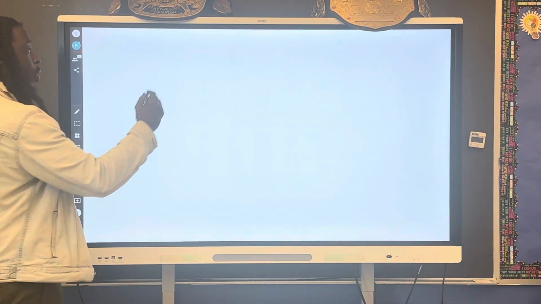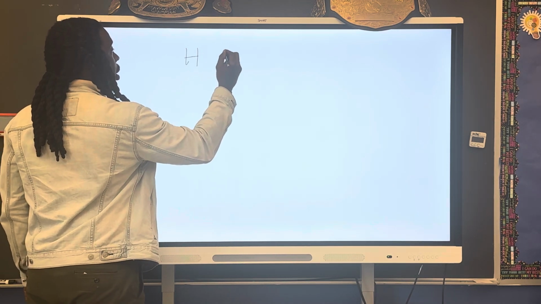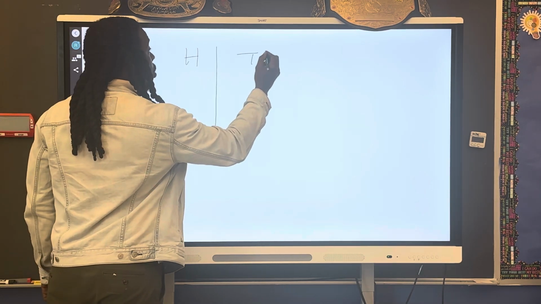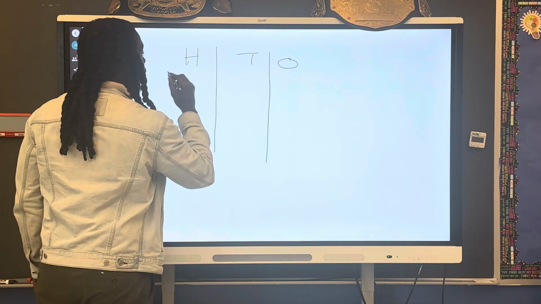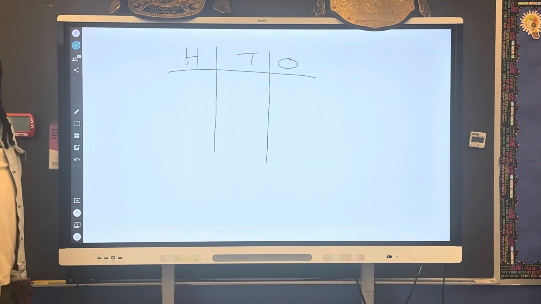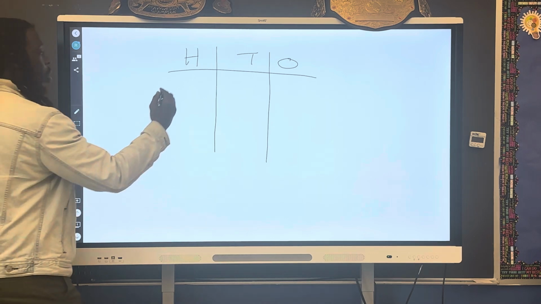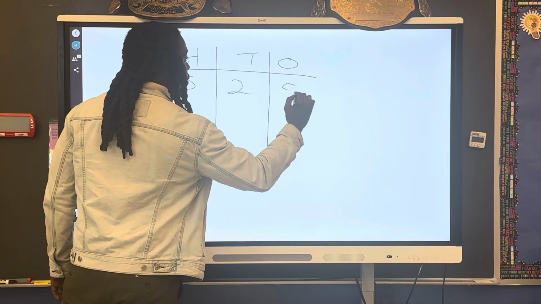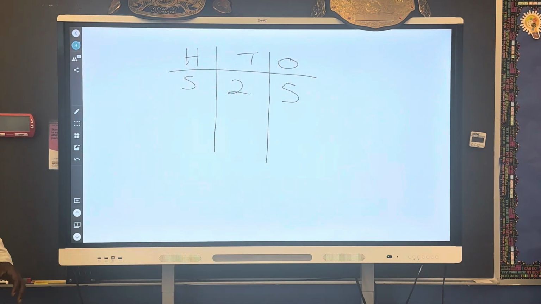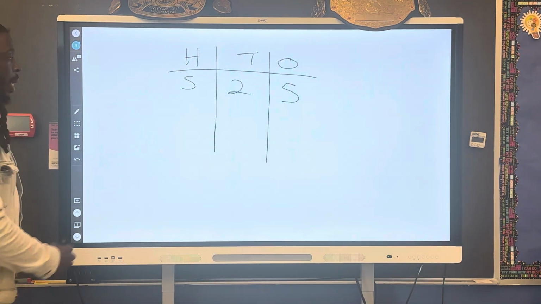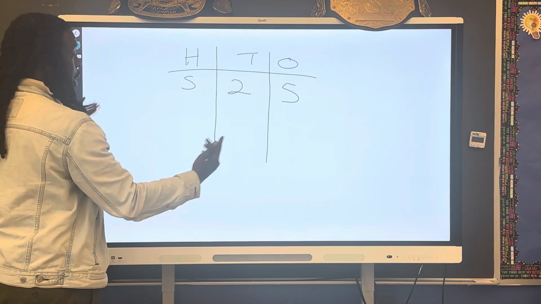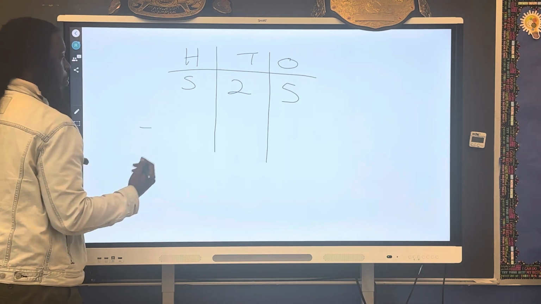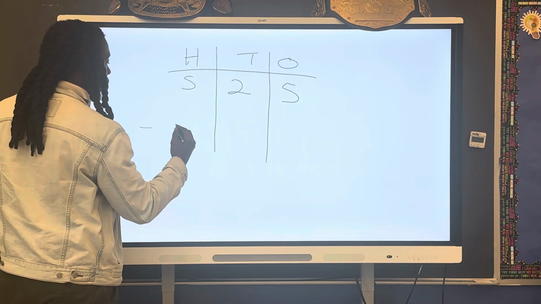Right. So one thing I do highly suggest, because our kids are learning how to subtract big digit numbers, is to always use a place value chart. That's the first thing I truly suggest. So we're going to start off with the number, let's go with 525. I always suggest that we start off with a place value chart, and that it's organized and neat, leaving enough space. Let's say we're going to subtract this from